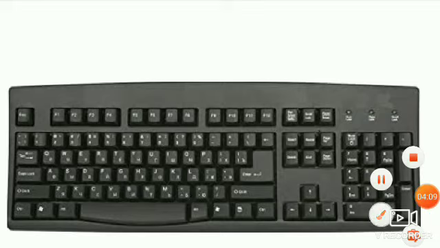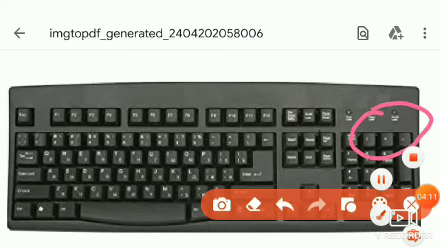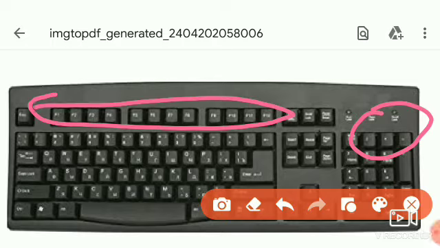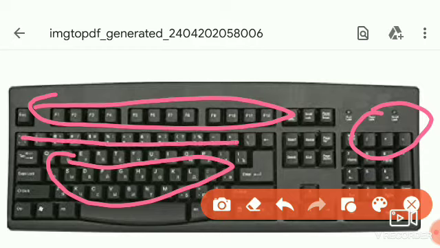This is the numeric pad, these are function keys, these are alphabets, and these are the numbers and icons. This is space, and here are control, shift, caps lock, tab, and enter. So there are lots of keys available to input data into the computer.